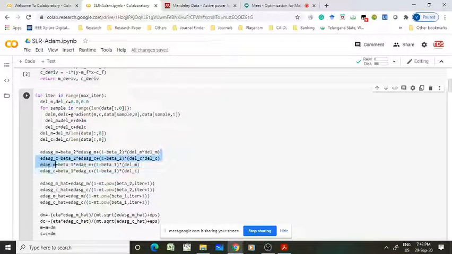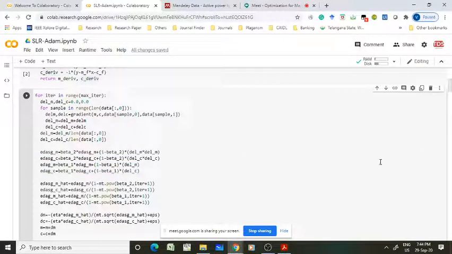This is for the model parameter m, and similarly for the model parameter c. Similarly, I am calculating the exponential decaying average of gradient with respect to model parameter m and model parameter c using the beta 1 coefficient. Right, here squared gradient, so del_m into del_m, and here only gradient, so del_m. Now we are calculating the exponential decaying average.